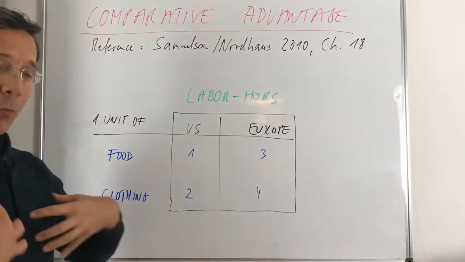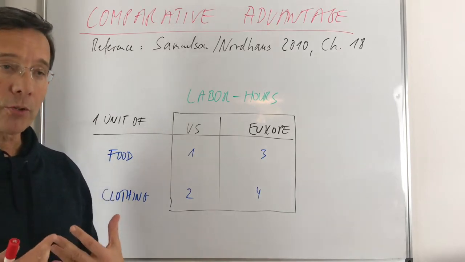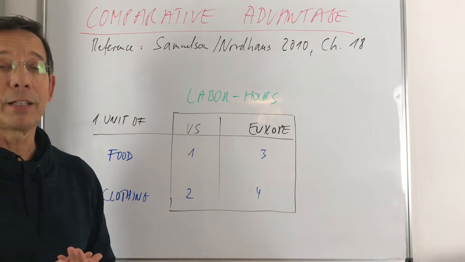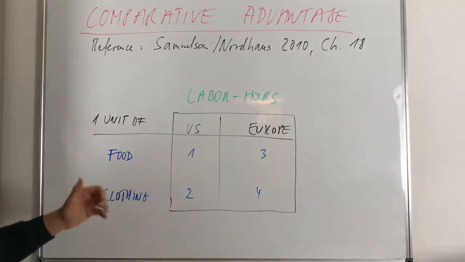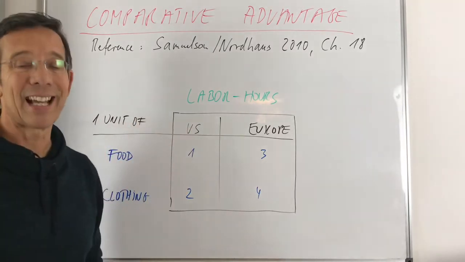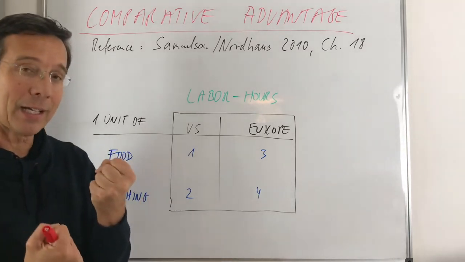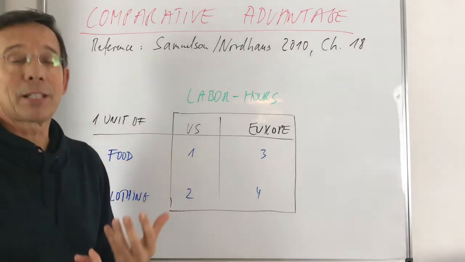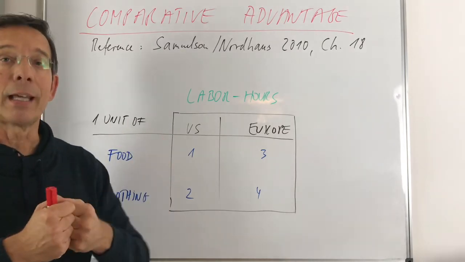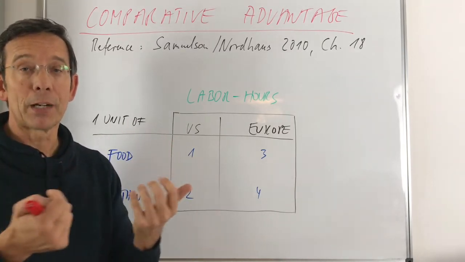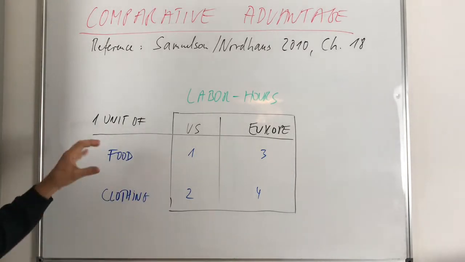And the idea is, if one country is better in both activities, so if one country is better with respect to productivity in producing both goods, and in this case, food and clothing, and you could, of course, extend that to other goods. So if one country is better in both activities, right, that's the main idea, then even in such a case, it's better to trade. It's better to exchange. Then all countries are better off. That's the core idea. Let's take that number example for a second.